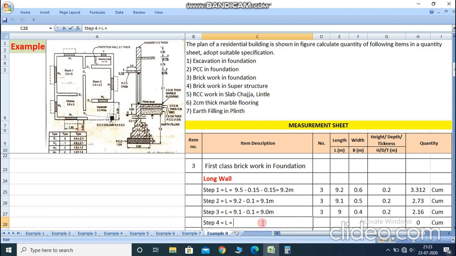Now for step 4. Step 4 length is 9.0 minus 0.1. So that 0.1 is the difference 0.4 minus 0.3. So 0.1 is equal to 8.9 meter. Now here the total number of walls is 3, long wall is 3, and write here 8.9 meter length, and width is 0.3, and height we calculated as total 1.5